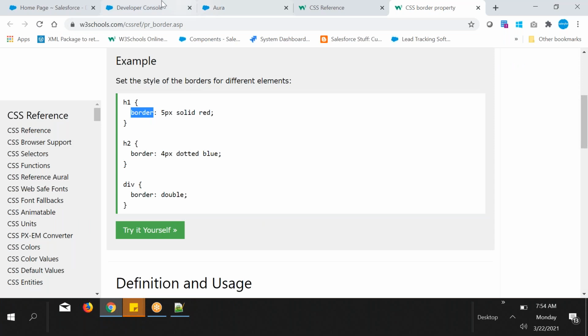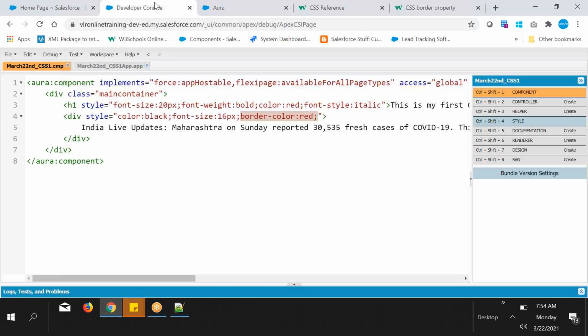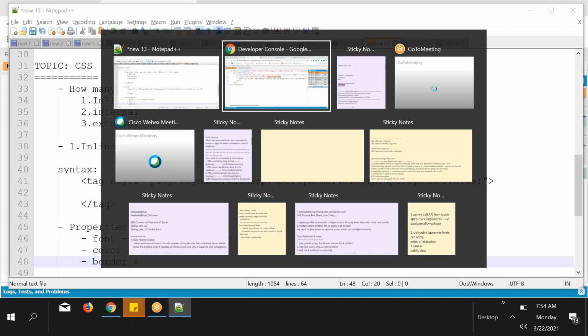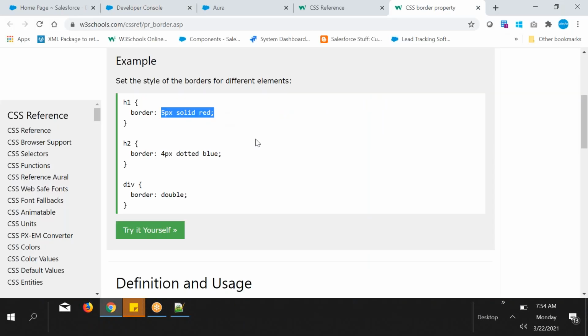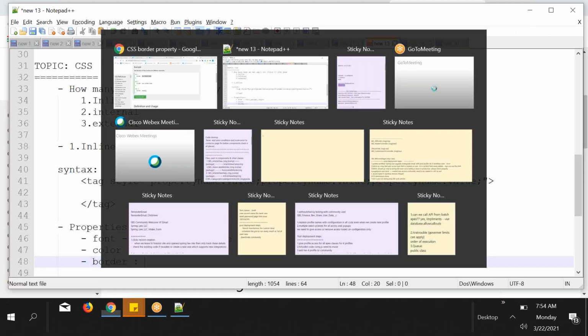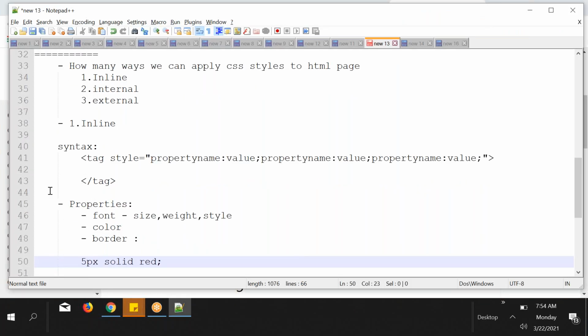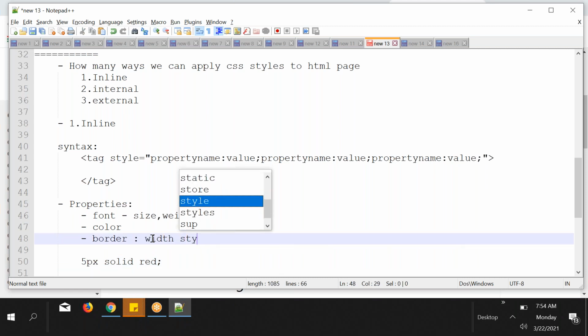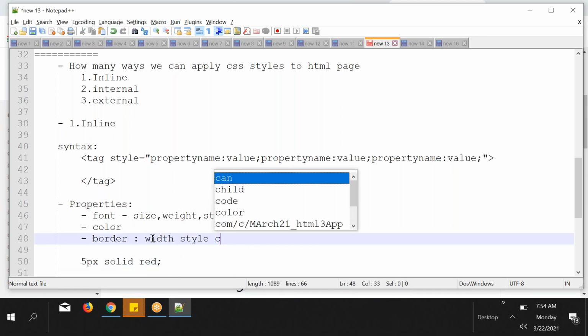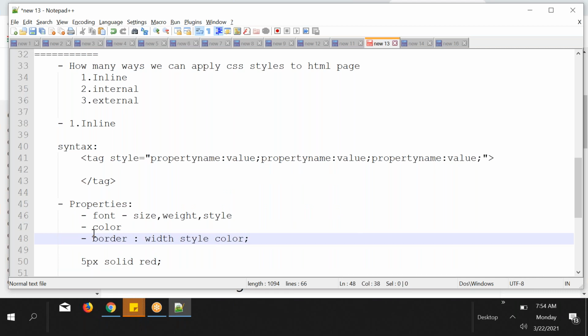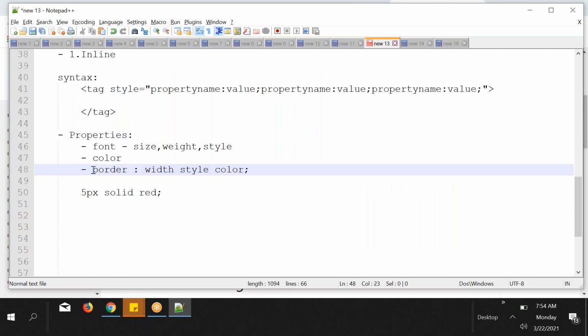Let me tell you what that is. Border, you need to give values like 5 pixel solid red. 5 pixel means border width, solid means border style, red means color. Instead of adding different things, you can add the border in a single property, with width, style, and color, all these things.